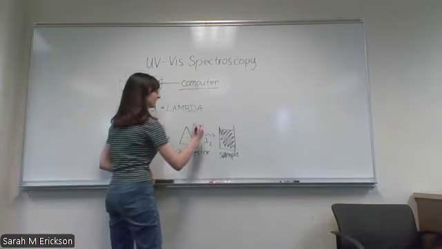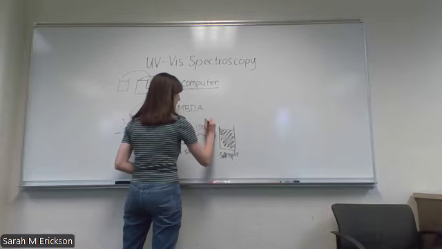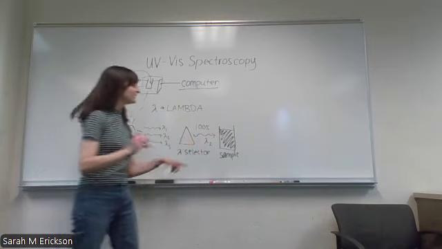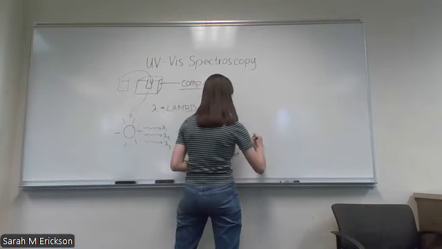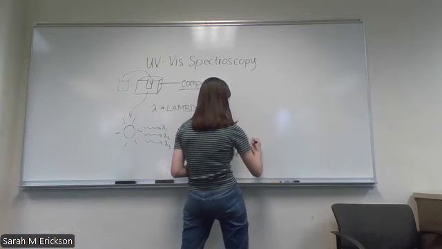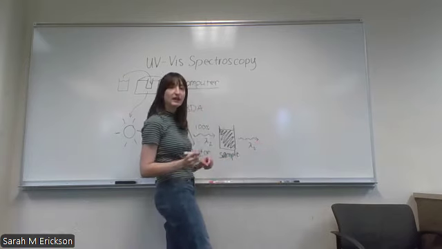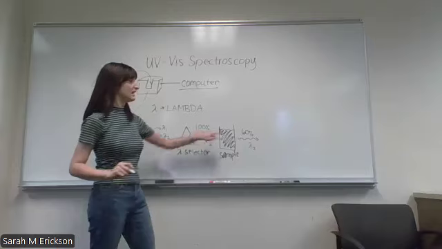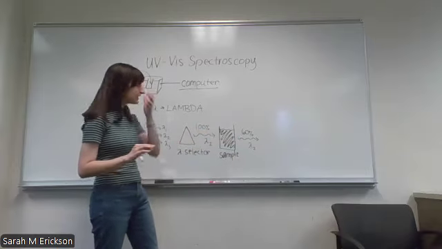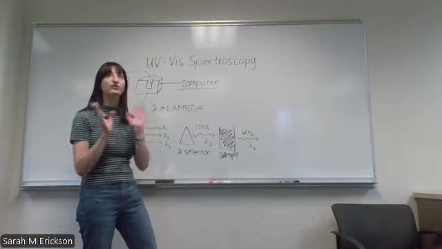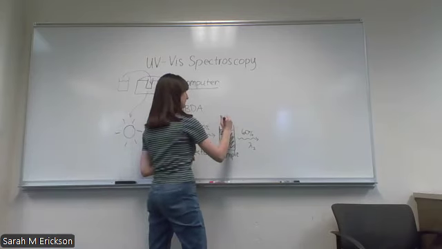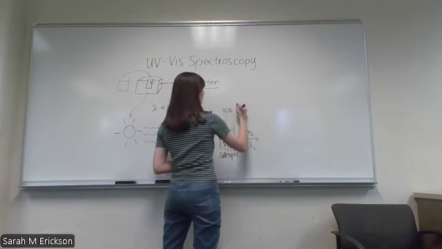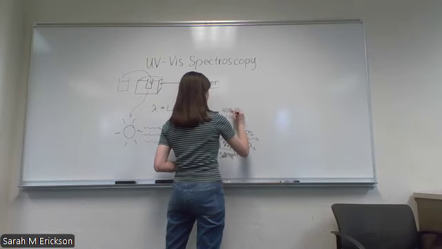And let's say the light that we have going in is 100% of our light, right? So we have 100% of whatever kind of wavelength 2 is. Maybe coming out of our sample, we still have wavelength 2, but now we only have 60% of what we put in, right? We started with 100% and now we're at 60%, so we have 40% of our original light and that went somewhere. That 40% of our light got absorbed by the sample. So 40% of wavelength 2 got absorbed